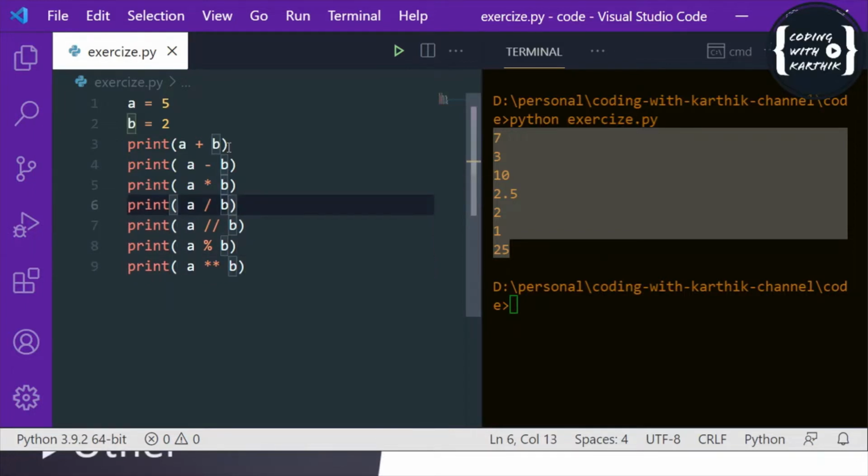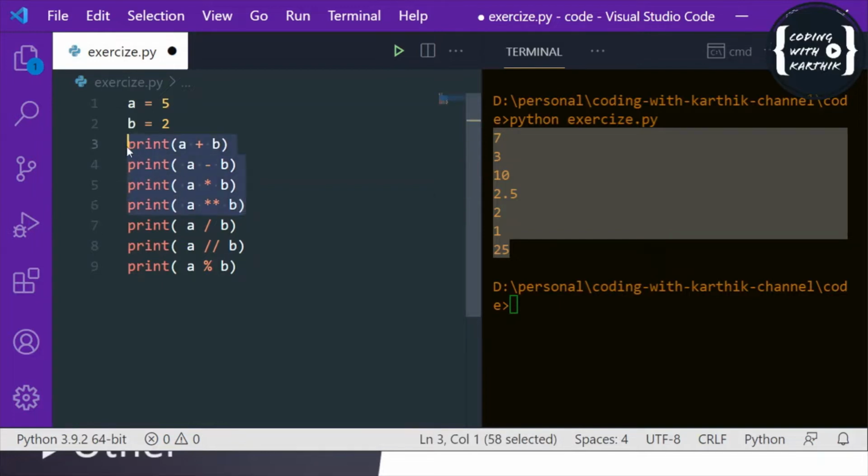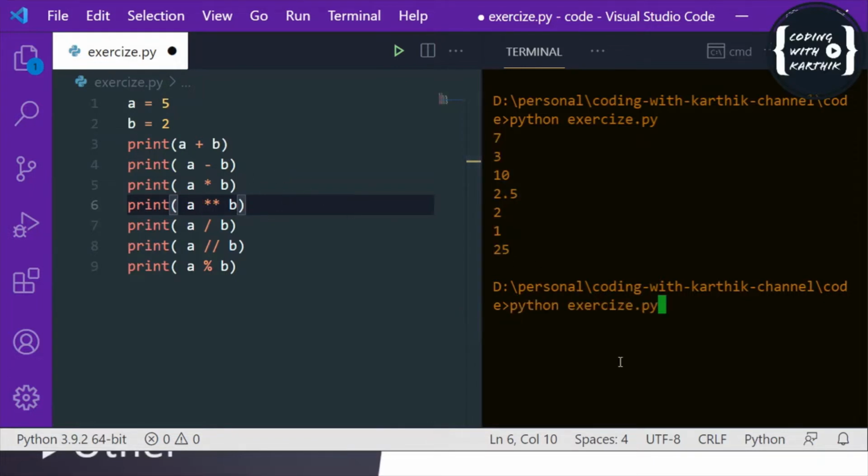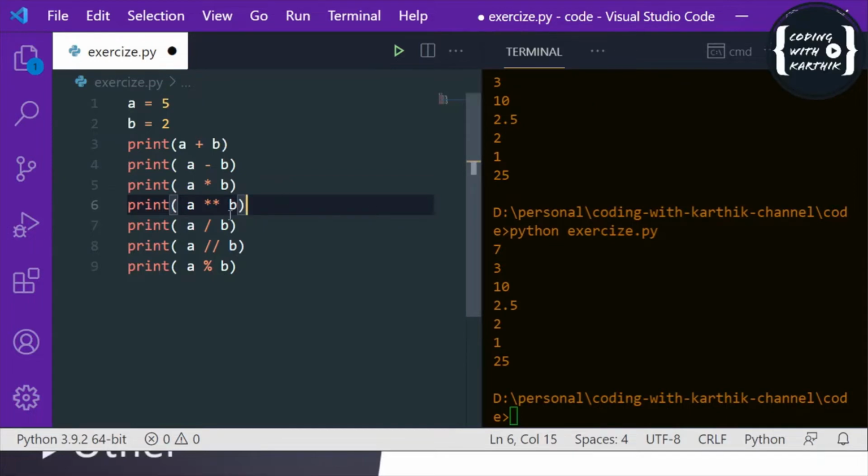Okay. So I think you're clear about these four operators. So this is exponent function. So since we are providing 5 and 2, right? So that's why it is giving 5 into 5, which is 25. So this is how it works. Next here, this is division operator. You're clear, right? 5 by 2 is 2.5. There's no confusion in that.